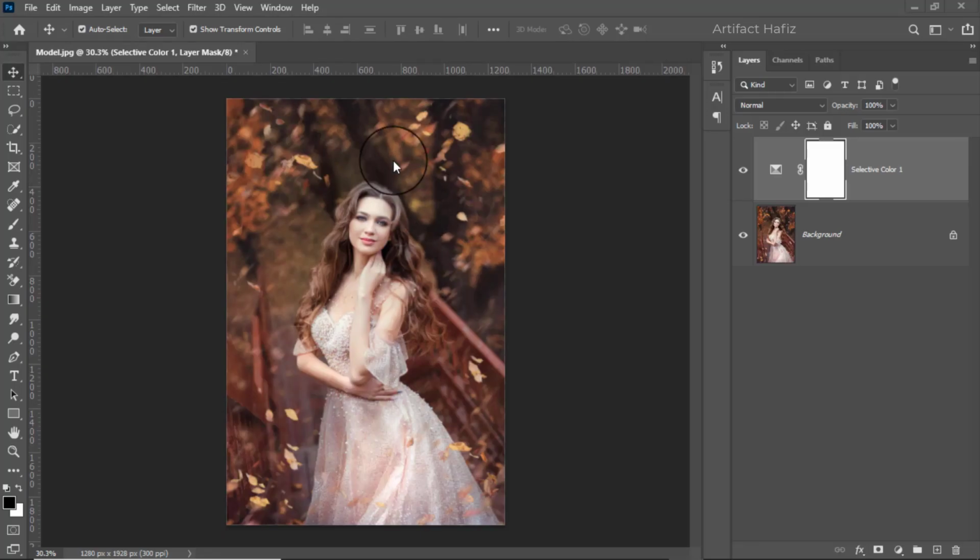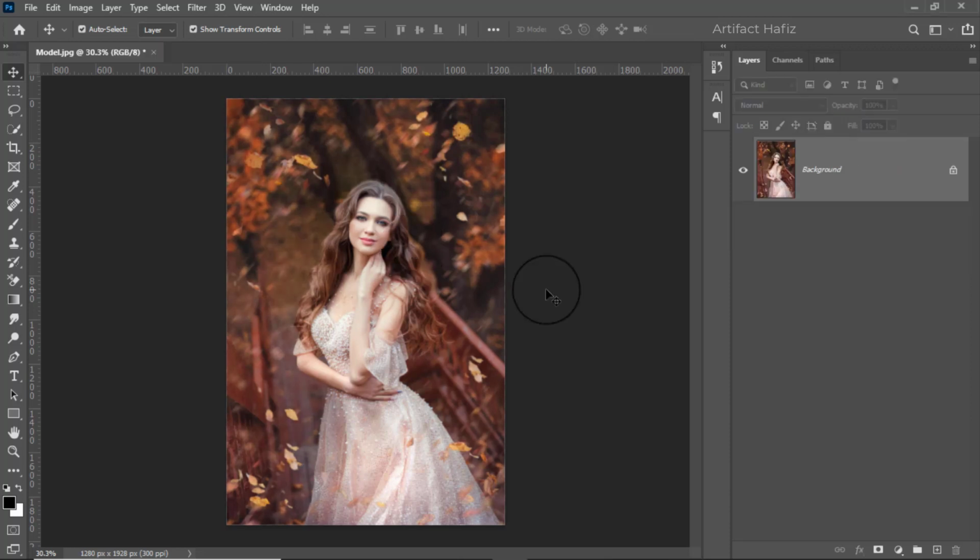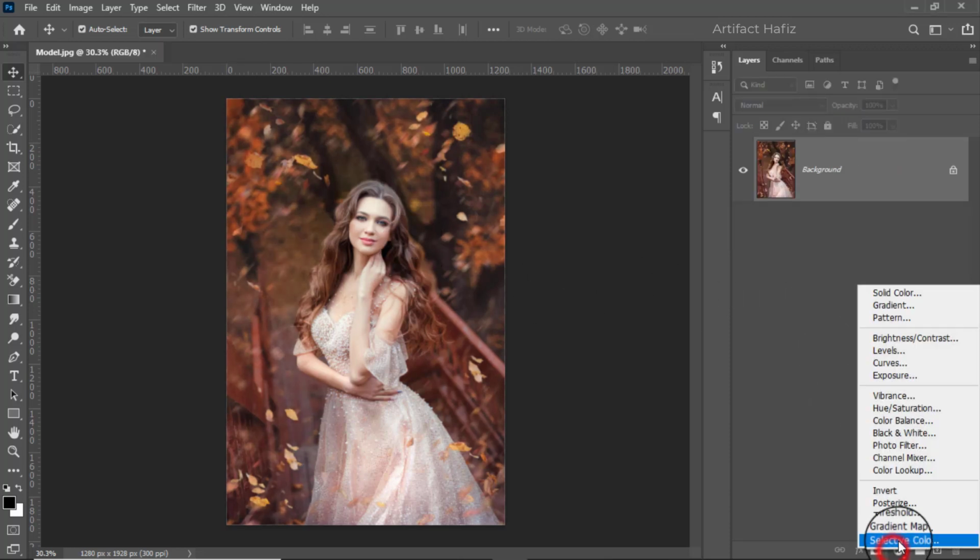For this tutorial I have taken this photo. This is an absolutely beautiful photo. I am going to refine it in another dimension. For the first, I am going to take the selective color,